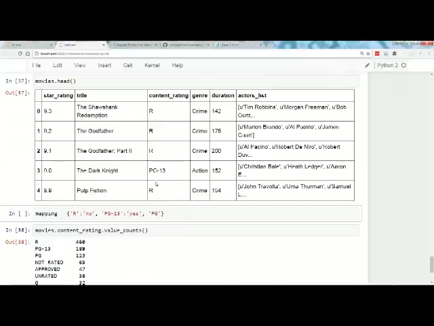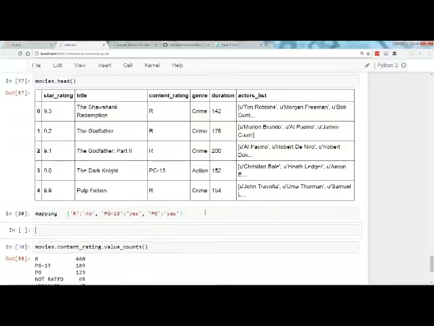PG, we will say is also yes. So this is a mapping from what I want to be able to do with the VLOOKUP: every time there's an R, I want to add a column that says no. And every time there's a PG-13 or a PG, I want to add a yes. So that's conceptually what VLOOKUP is doing.